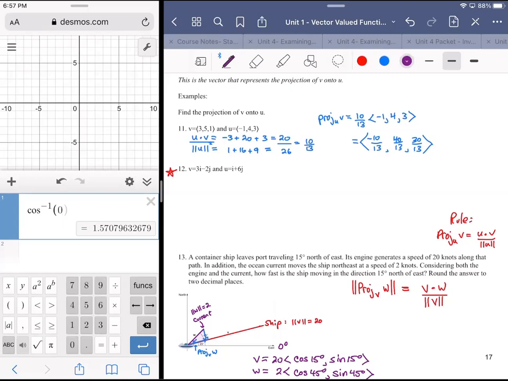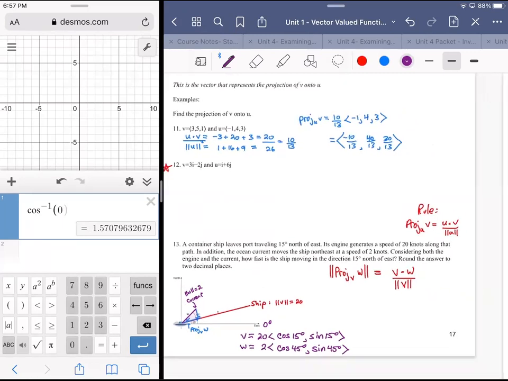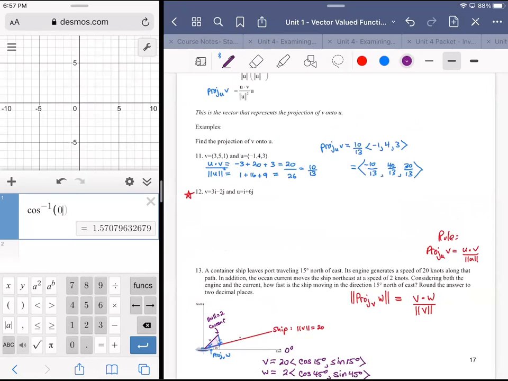All right, we can clean this up, but ultimately we want to find the dot product. So we don't want to go too crazy, because this is all just going to be simple calculations. We already know what the bottom is going to be, though. We already know the bottom is going to be a value of 20. So I'm not worried about that. We just got to get V dotted with W. So V dot W, I'll do this in red,